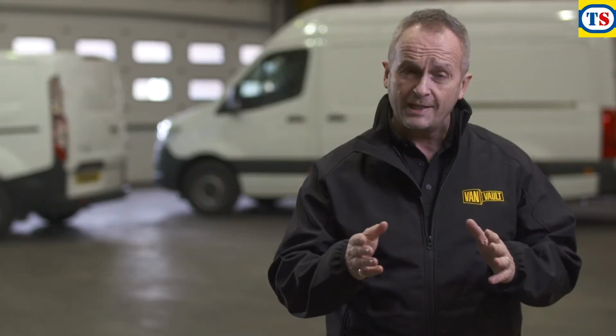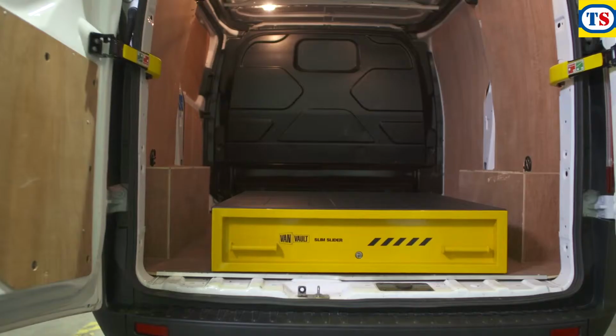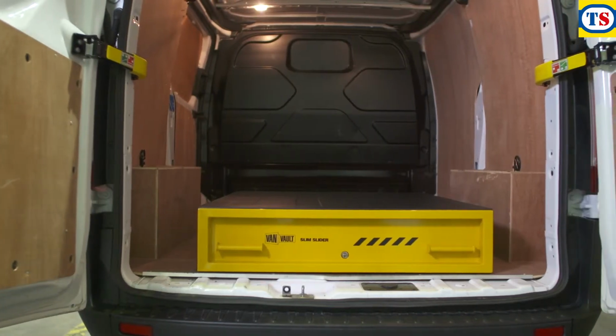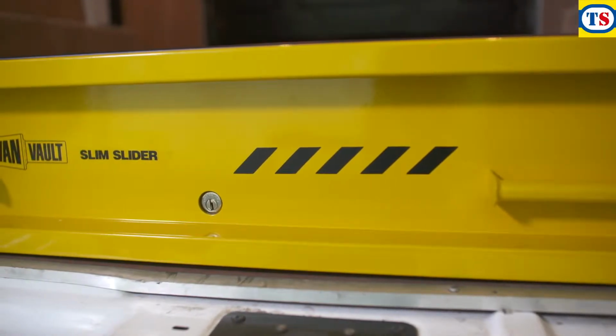Tool theft is on the rise and you can't earn a living without your kit. I'm going to show you a product that can help keep your valuable tools safer than ever. Maximise the floor space in your vehicle with the VanVault Slim Slider, a high security drawer that adds extra depth